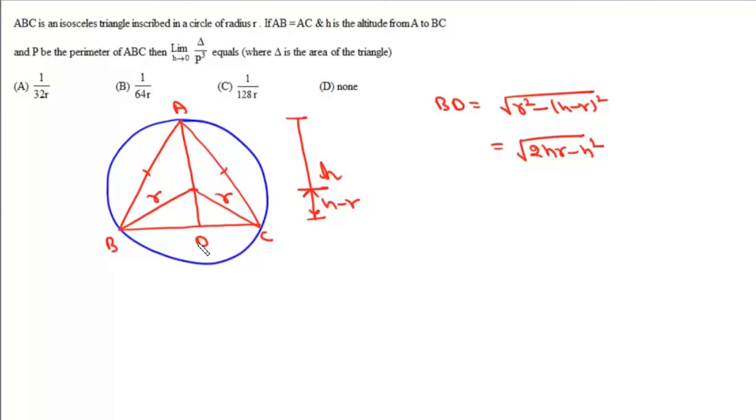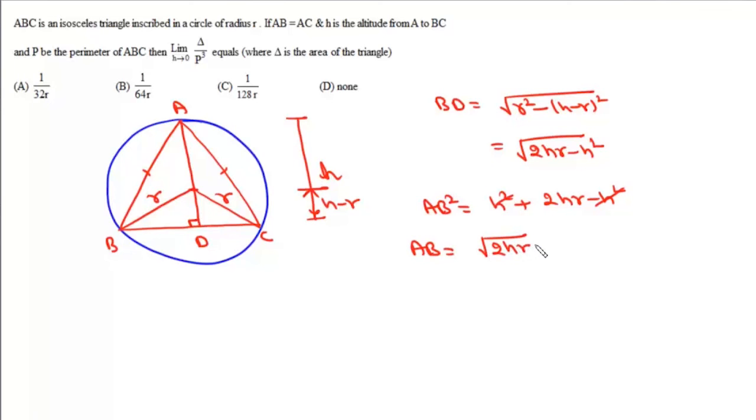Now once we have BD, we can write AB using Pythagoras theorem. AB square will be AD square, which is h square, plus BD square, which is 2hr minus h square. So the length of AB will be under root of